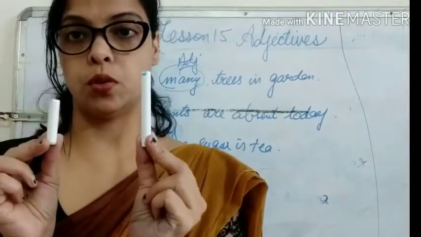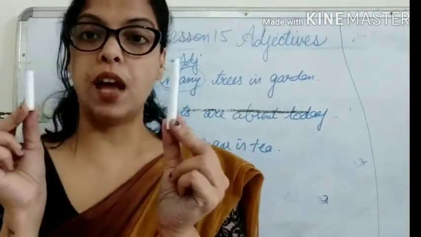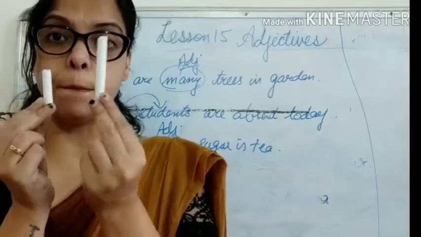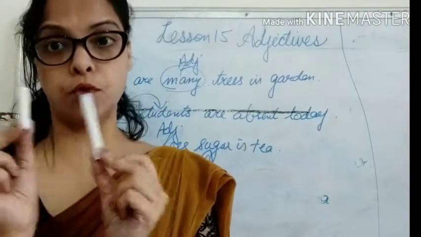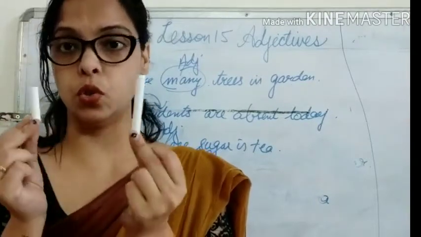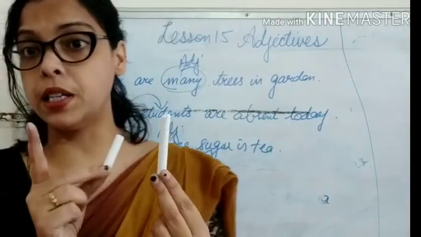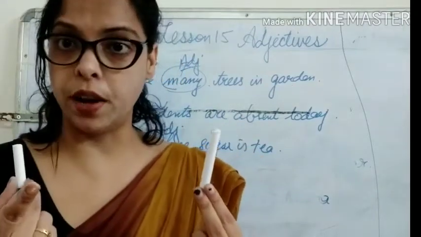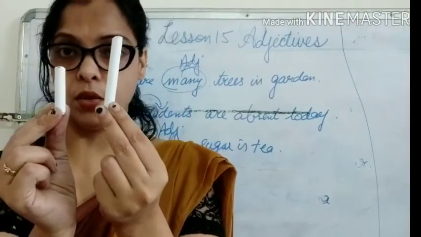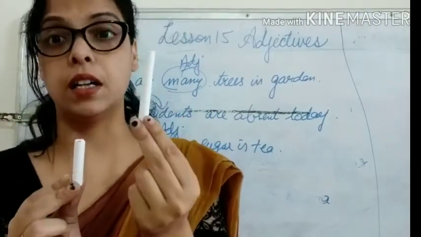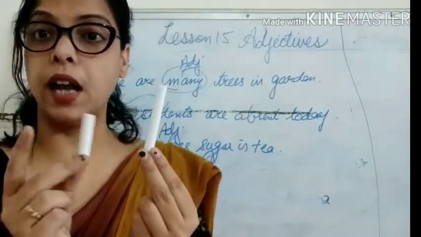Now there are two chalks, okay? So I will not say these chalks are bigs. Okay, this is wrong. Now we have to use some word which can compare between these two chalks. We have to use comparisons. We have to make comparison between two chalks, between these two things. So we will not use the usual form of adjectives, but we will use the comparative form of adjective. Now what I will say, this chalk is bigger than this one. Okay. This chalk is bigger than this one because now see we have used the word bigger and not big,